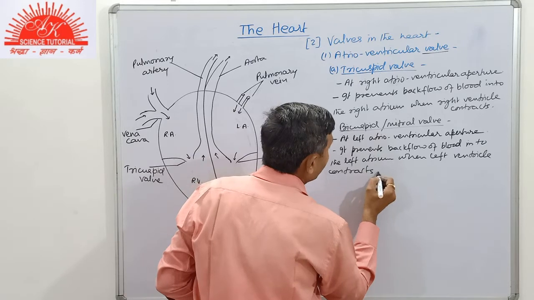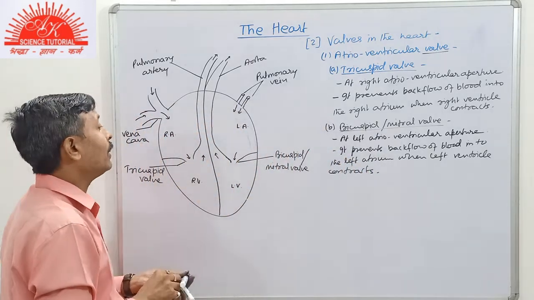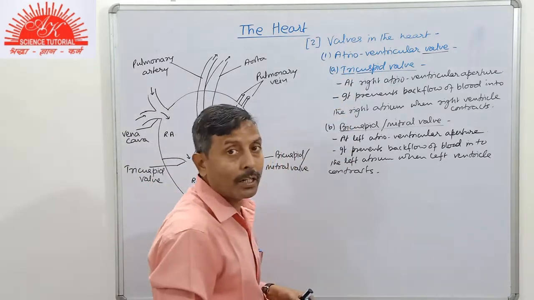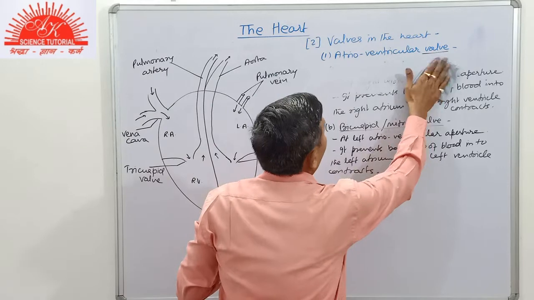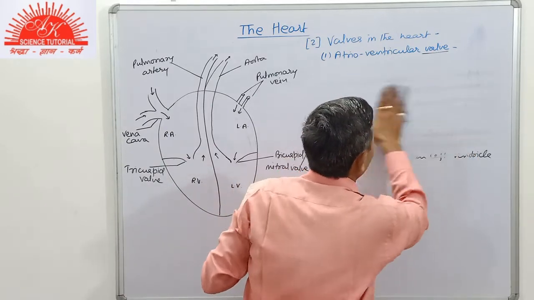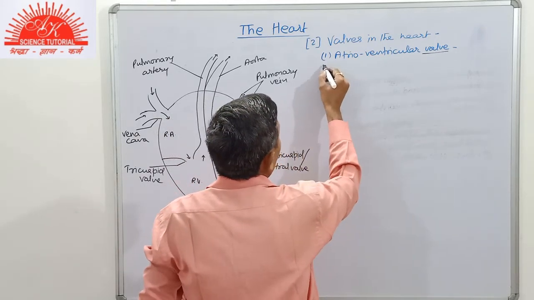So you see here, this is the location and function of the tricuspid and bicuspid valves, that is, the atrioventricular valves. Now there is another type of valve present here, that is,